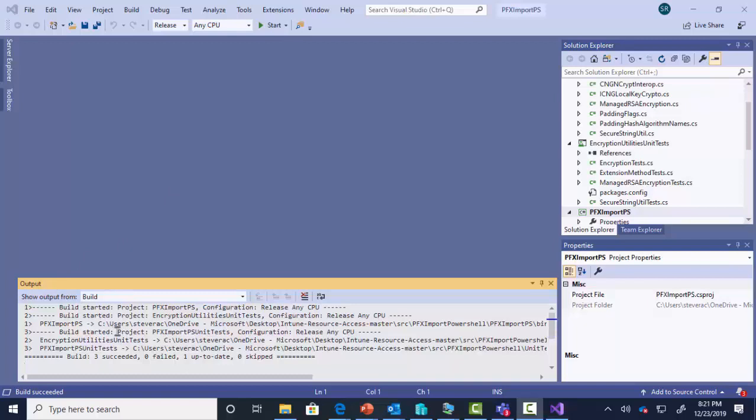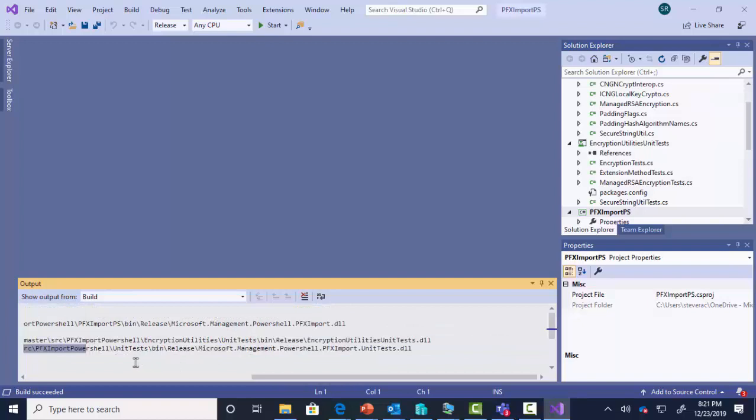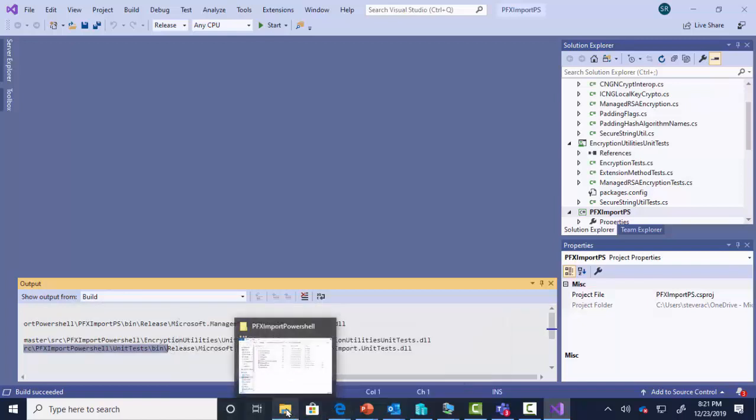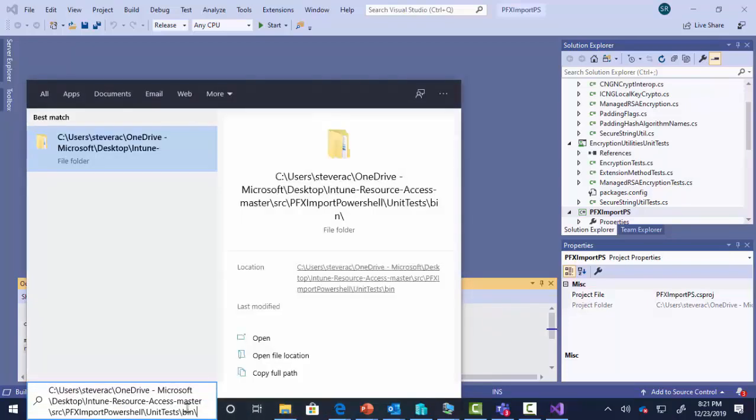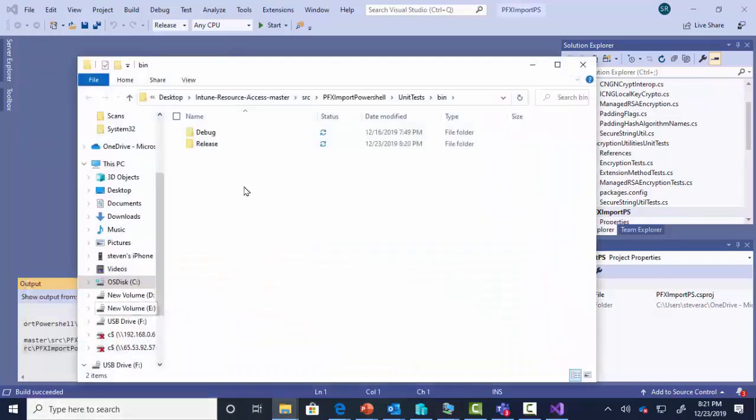So this created a release folder. So what I want to do is go grab that. So I'm going to go grab this whole thing up until release. Pull this over a little bit. Up until release. Well, up until here, right? I'm going to copy that to my clipboard, and then I'm going to navigate directly to that location. And here is my release folder, right? This is the folder that I need. This contains everything that I need, and let me show you. So if I go to release,